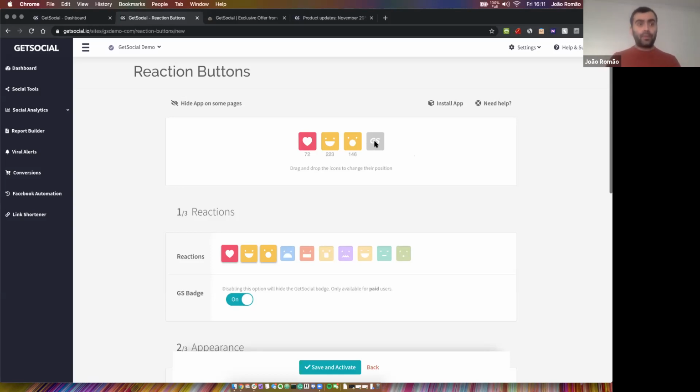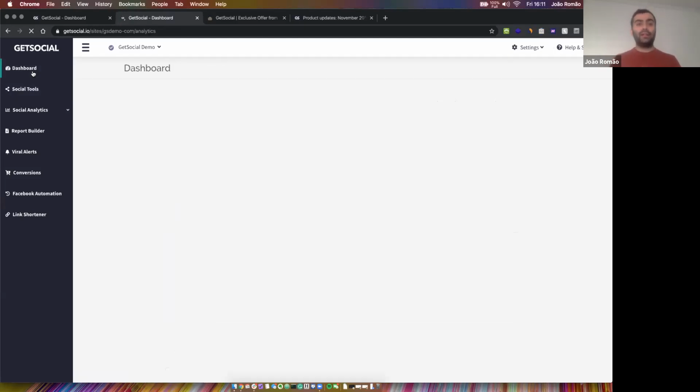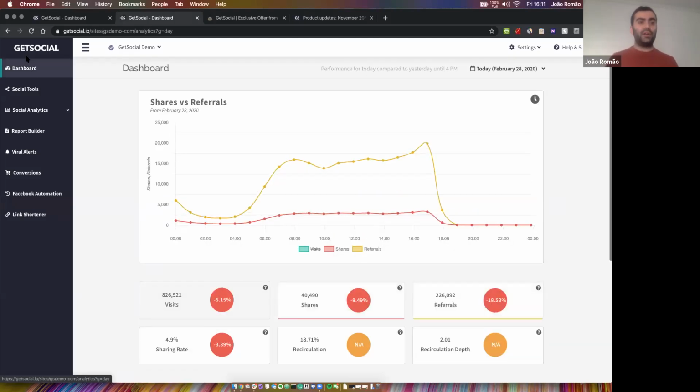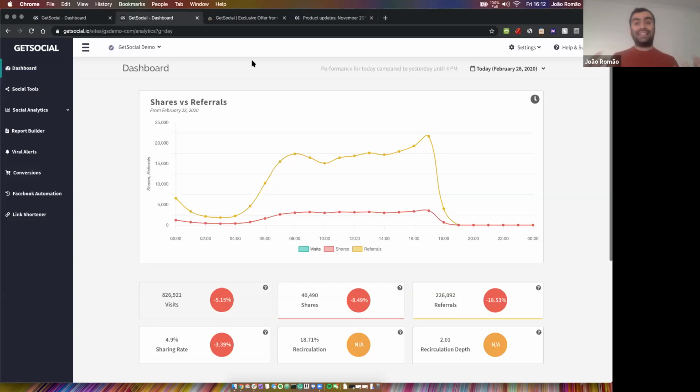But from the moment that the tools that you want are installed, we start to get real-time data into our dashboard. So I just went here on the left of our navigation menu and clicked dashboard. And on the dashboard, you'll be able to see everything that's happening on your website at a very high level for a specific date. So one thing, if you have bought more than one code, you will have access to